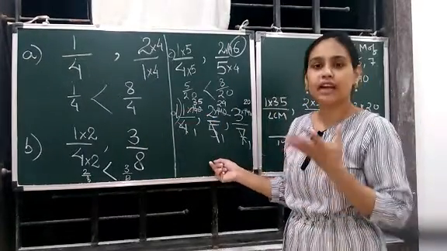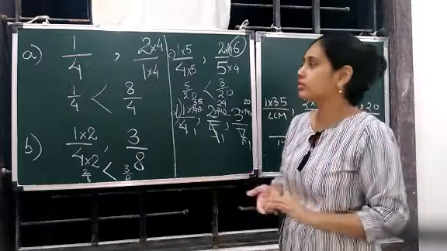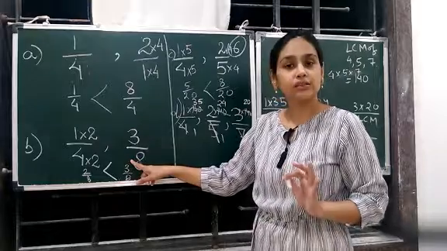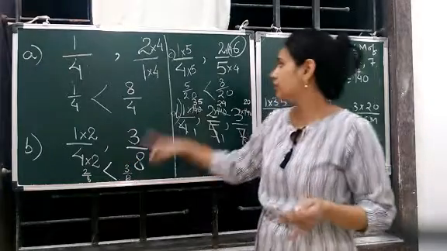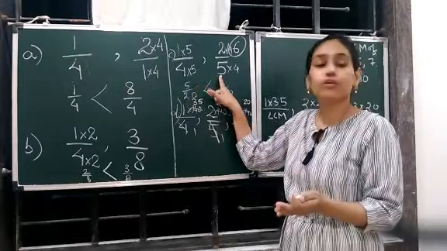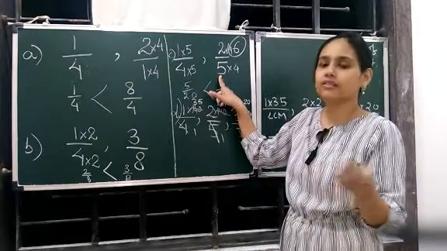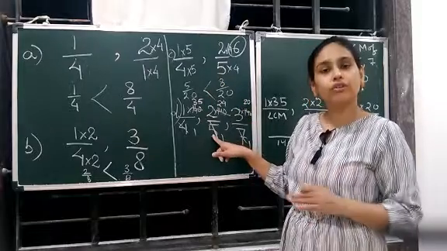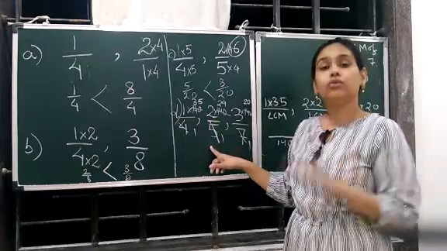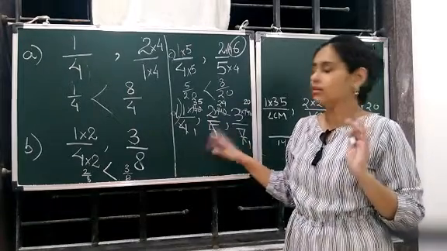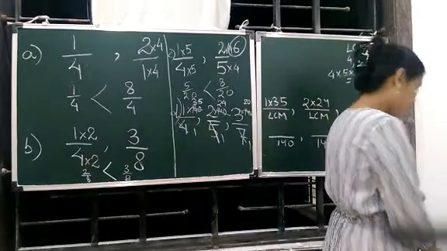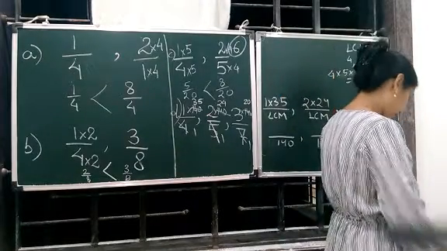So whenever you see a fraction where the numerator and the denominator are not same, start from the first one. Is there a 1? Then go to the next one. Anything common? Then go to the next one. Nothing is common, then interchange and multiply. This is generally for 2 fractions. For 3 fractions, 4 fractions, you have to do the LCM method. If interchange and multiply is not working, then you go to the LCM method. So this is how we compare the like fractions and the unlike fractions.